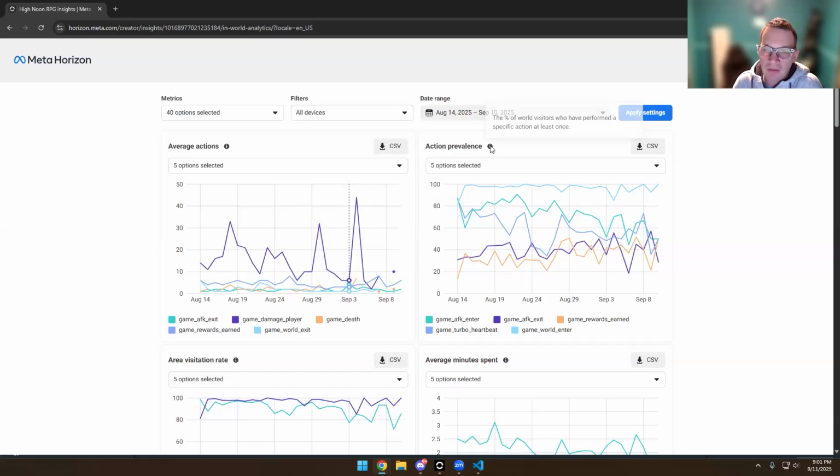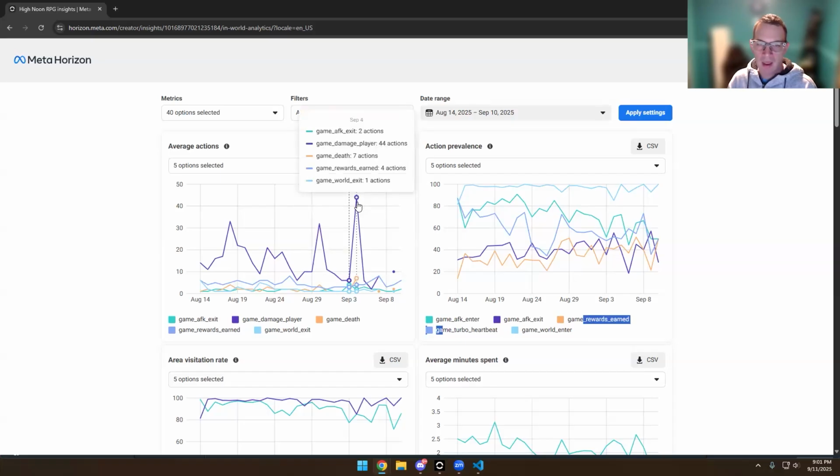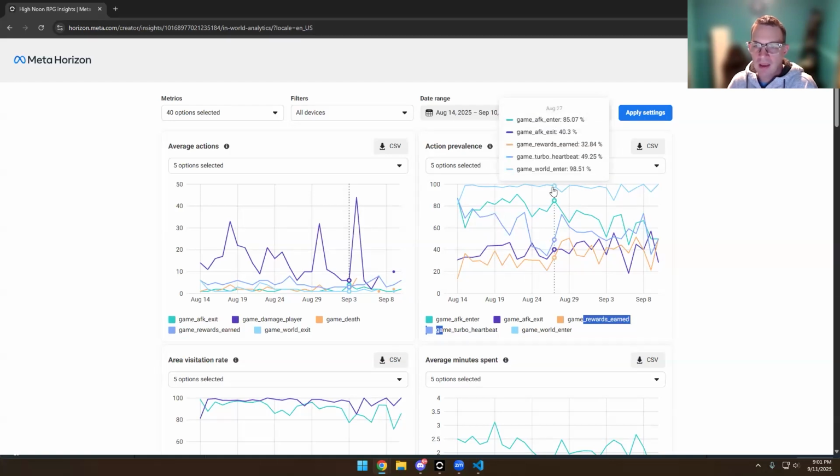Let's look at our next one, action prevalence. Percentage of world visitors who have performed a specific action at least once. And so the same set of actions essentially, right? So over here might be the number of times that action was performed. And this is the percentage of people that performed this action, I suppose. So if we look at any given day here,